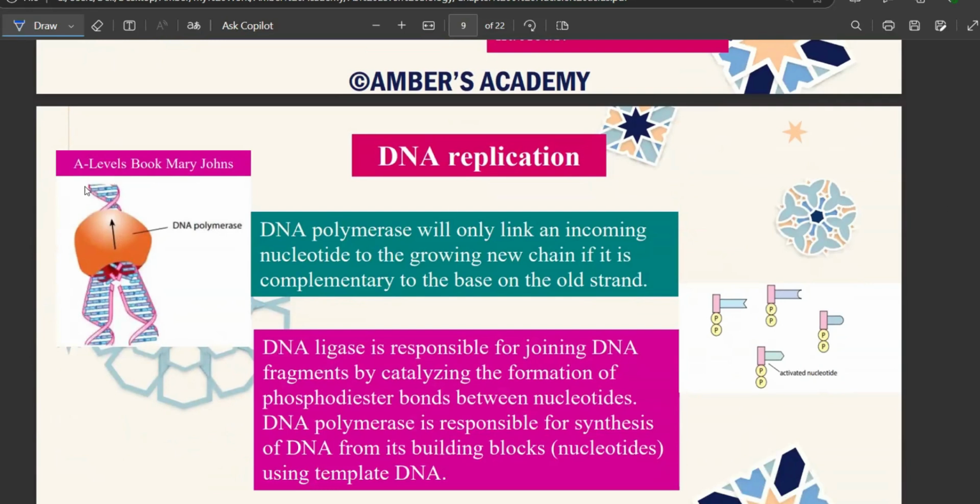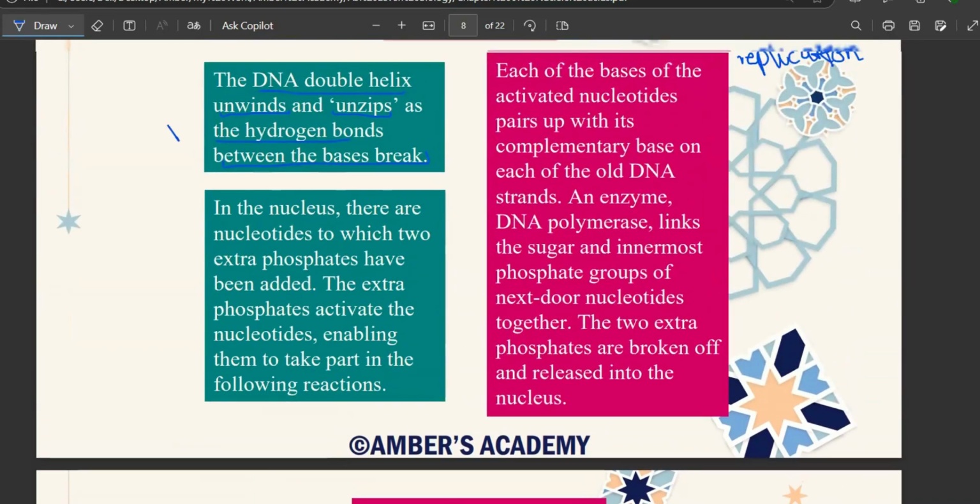अभी देख लें कि ये this was your double helix, right? This is your double helix. This is a 3D picture of your double helix. And किसी एक enzyme से गुजरने के बाद the bonds between both of them, you can see that the bonds between these bases, they are breaking. So this part of your DNA is unwinding or it's unzipping. So as this enzyme acts upon the DNA, the hydrogen bonds between them are broken, and the double strand or the double helix of your DNA unwinds or it unzips. So this is the first step.